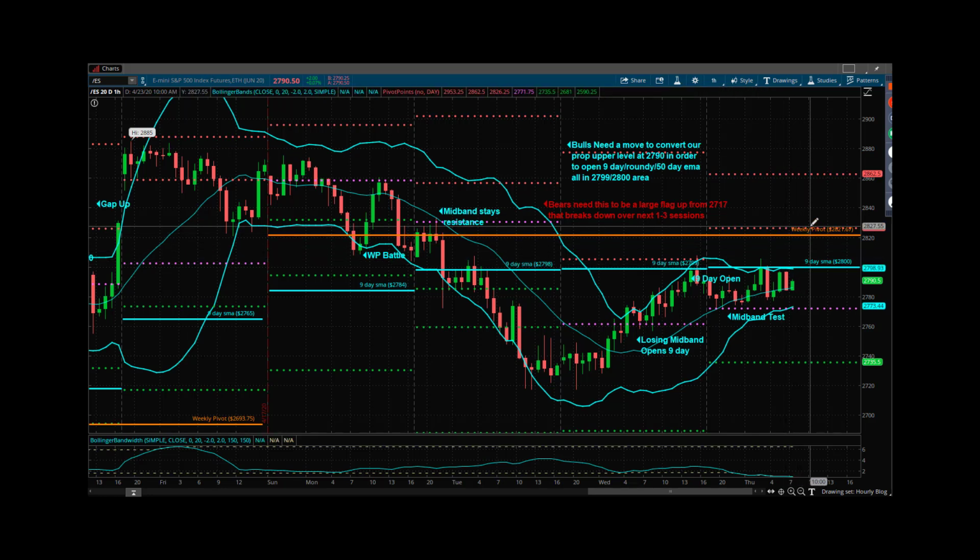And then have a move up to the weekly pivot. Ideally, they contend with that. And for the bulls, they close somewhere up here. If you're the bears, you better take advantage of this lower high and stop printing stuff with 28s on it. Convert this hourly mid-band. You're going to have to break the daily pivot, which held price in here and here